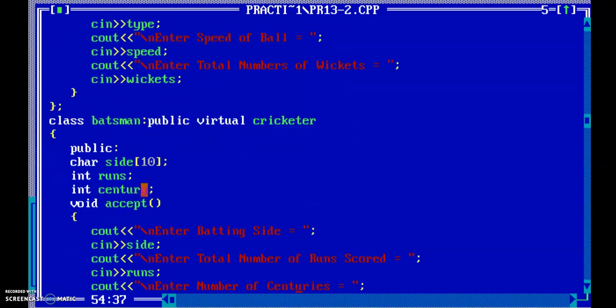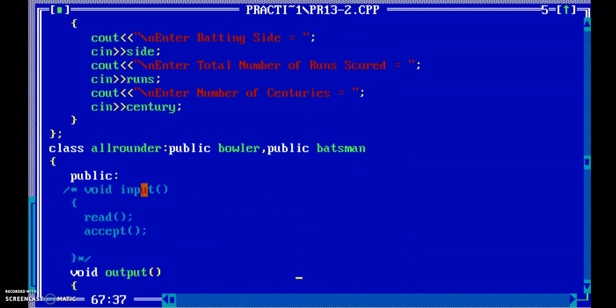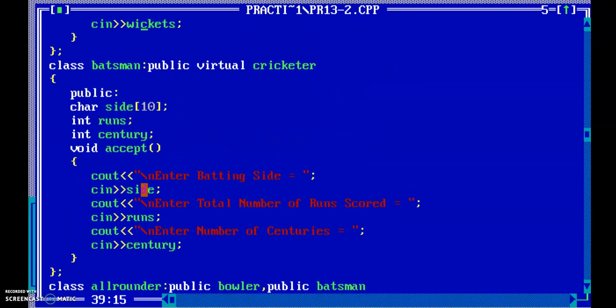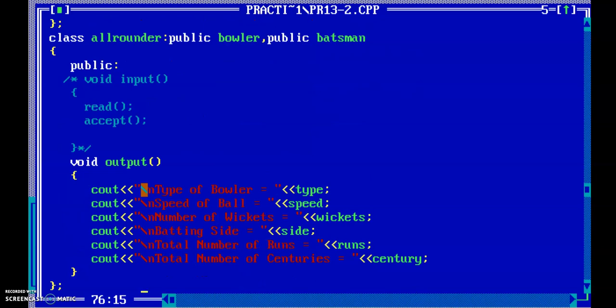It means the cricketer class is inherited in the all rounder class two times, through bowler and through batsman. So to avoid the confusion in this derived class, I created cricketer as a virtual base class. So only one copy of the base class cricketer is created here.